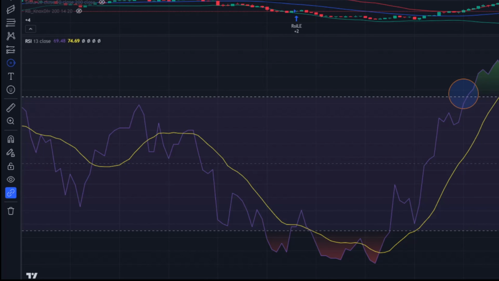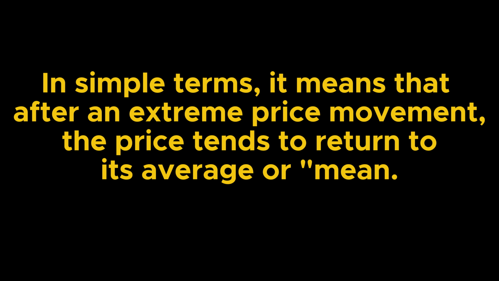Step 3. Combining Bollinger Bands and RSI for the strategy. Now that both indicators are set up, let's combine them for some profitable trades. The strategy we're using is based on mean reversion. What's mean reversion? In simple terms, it means that after an extreme price movement, the price tends to return to